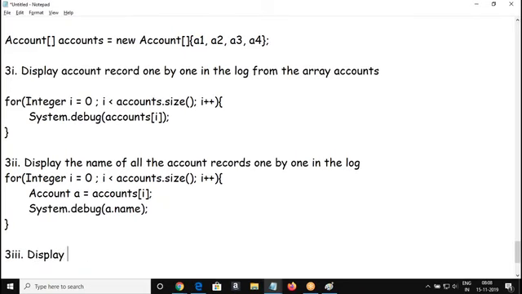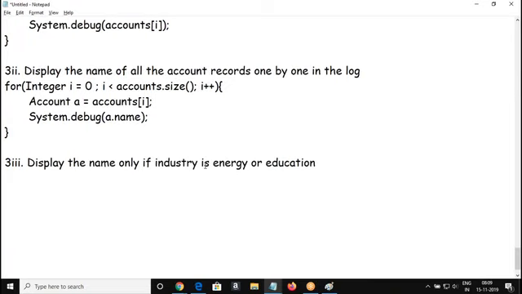Display the name only if the industry of that account is higher education, or, pipe symbol, the industry is education. Just hold on for a minute.